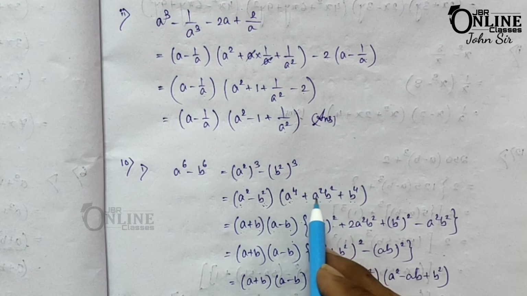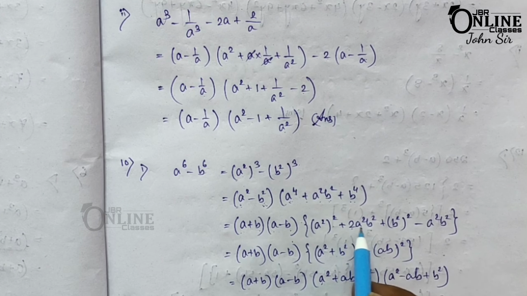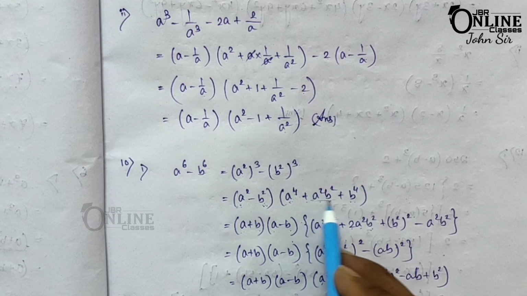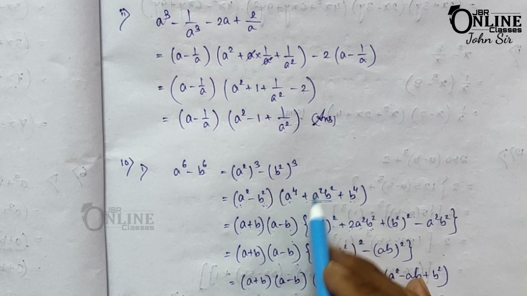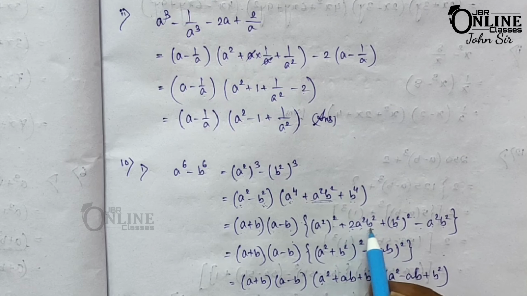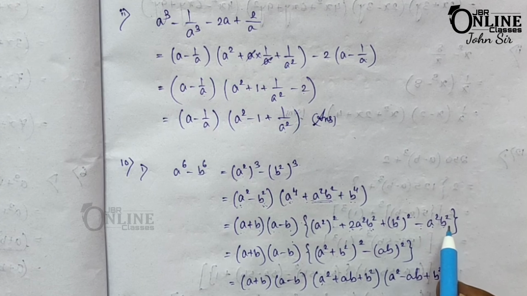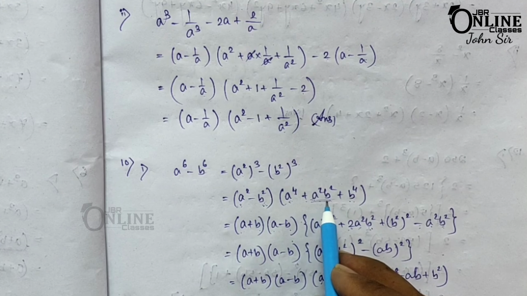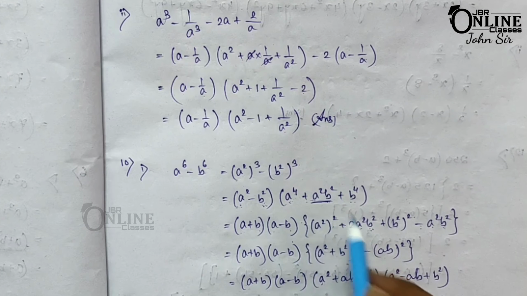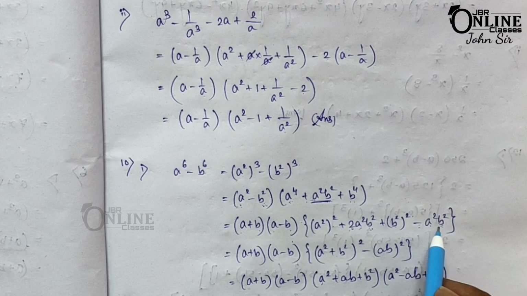Now instead of a square b square, you can write down first 2a square b square. After that b to the power 4 means b square whole square, and as here only one a square b square and you write down 2a square b square, so to adjust this one, subtract another a square b square. That means here 2a square b square minus a square b square, it becomes a square b square. Okay, so here just adjust this one a square b square with 2 minus 1.